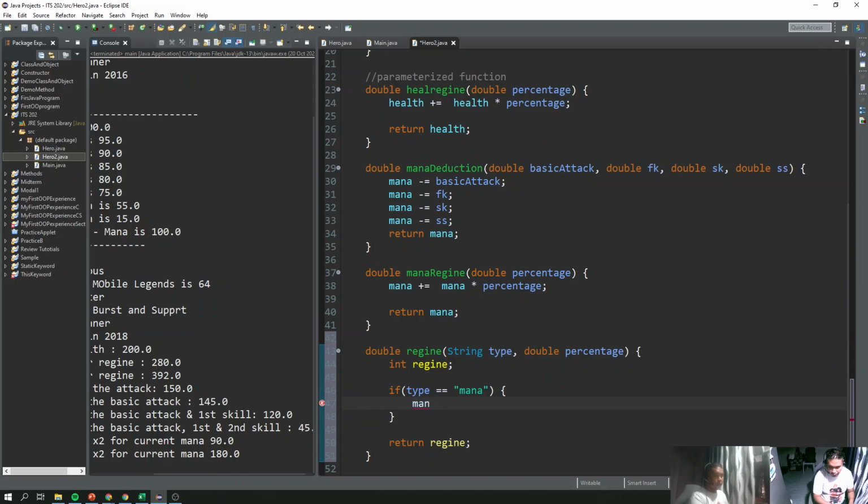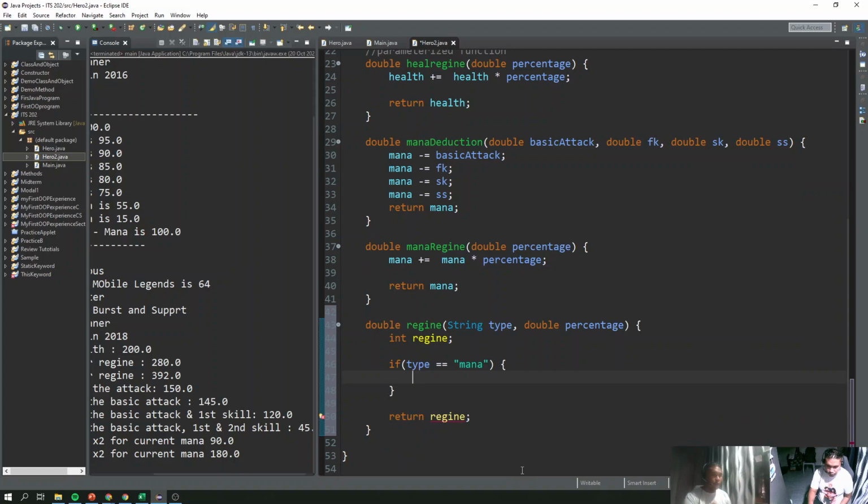For a while, since we have to set and also get the value for that. Yeah. So when mana